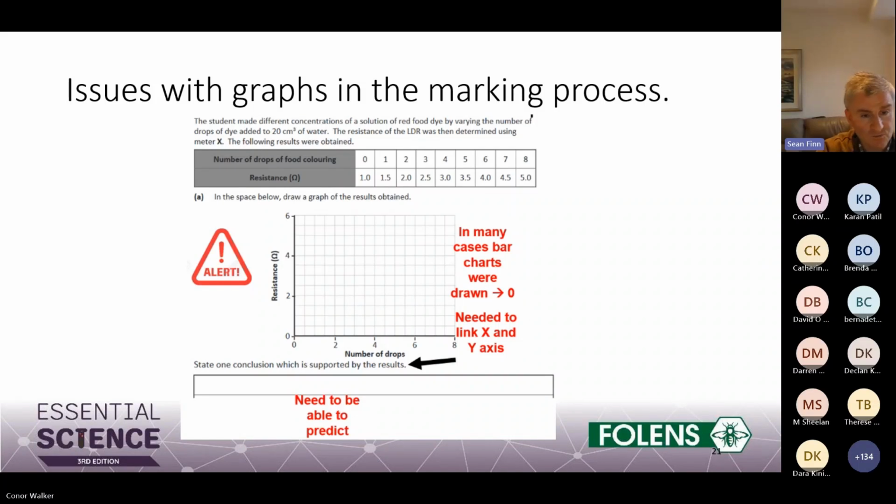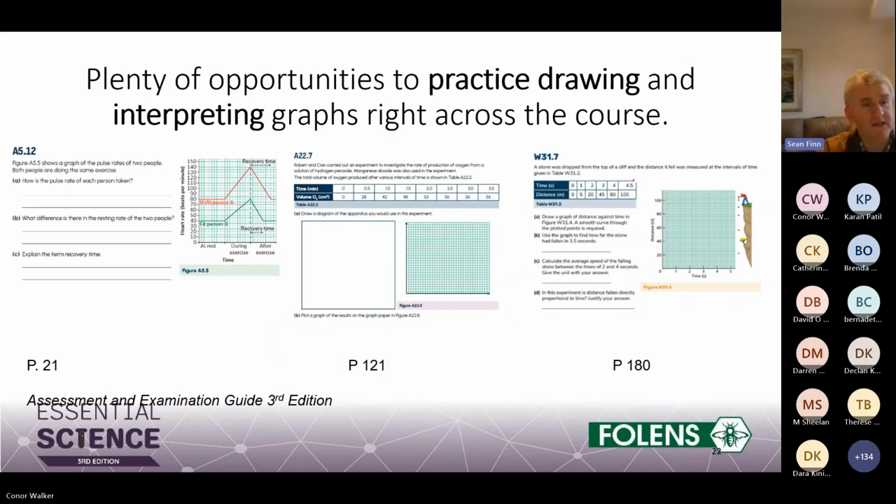In many cases, charts were drawn. They get absolutely 0. You need it when you're stating the relationship between the x and the y-axis. You need to make a relationship between them, and you must be able to predict what would happen under certain conditions. In the next slide, we'll find that we have plenty of opportunities to practice drawing and interpreting graphs right